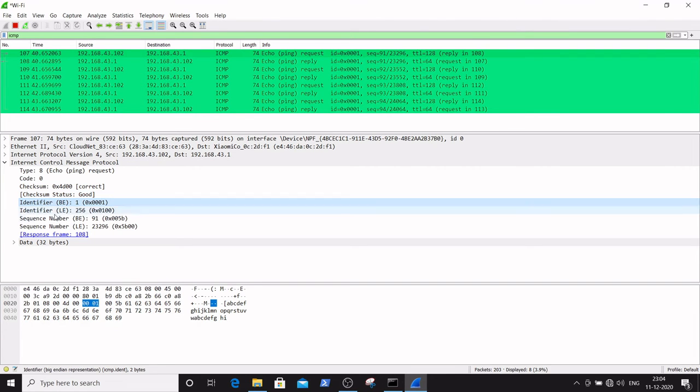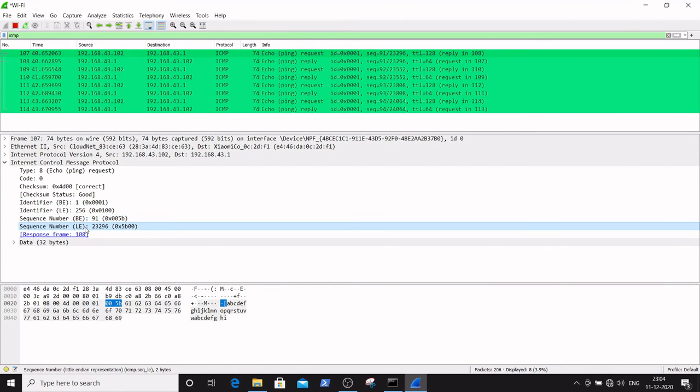Here is the identifier. The purpose of the identifier is also the same, to check whether the data is intact or not. The sequence number is also given. All of these, checksum, identifier and sequence number, are used to verify whether the data transmission from the source to destination is intact or not.